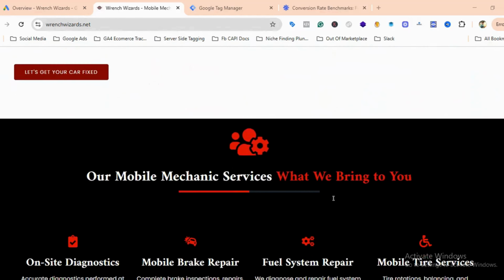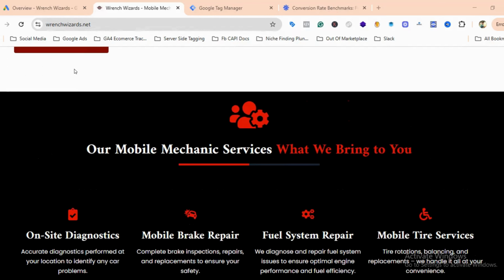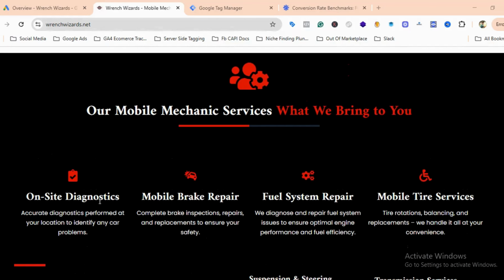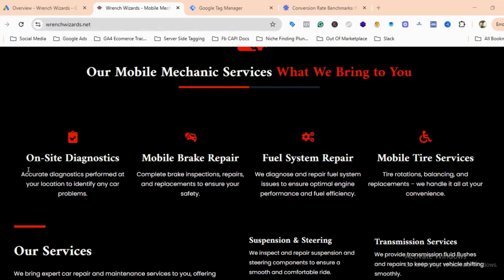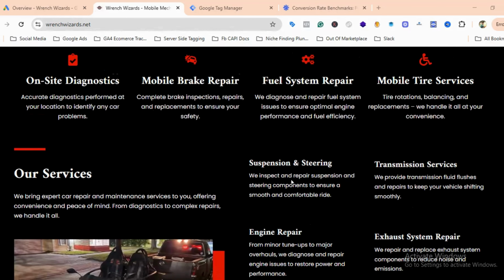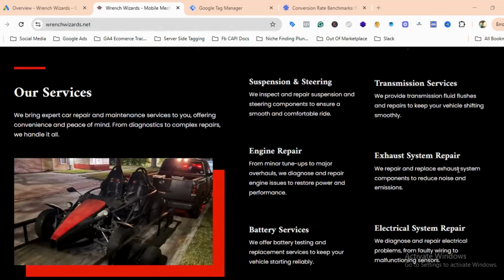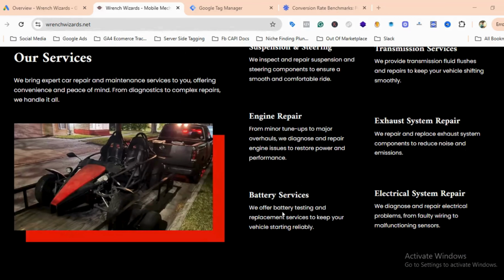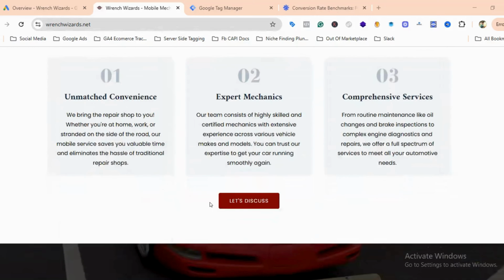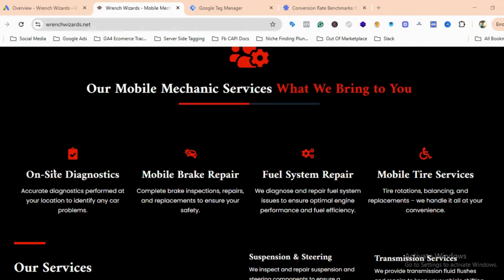So if you want to take their services, you can come to this website or you can type 𝒂𝒐𝒐𝒍.net and then you can take their services. So they're basically doing on-site diagnostics, mobile brake repair, fuel system repair, mobile tire repair services, suspension and steering, transmission services, engine repair, exhaust system repair, battery services, electrical system repairs. Okay. So yeah,